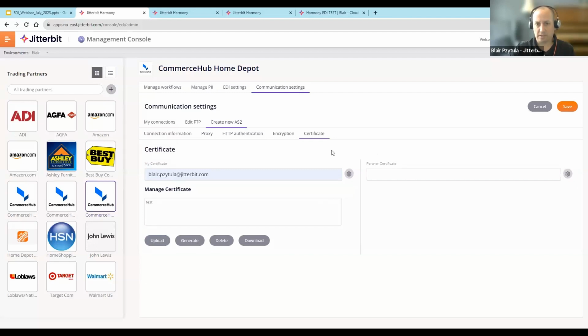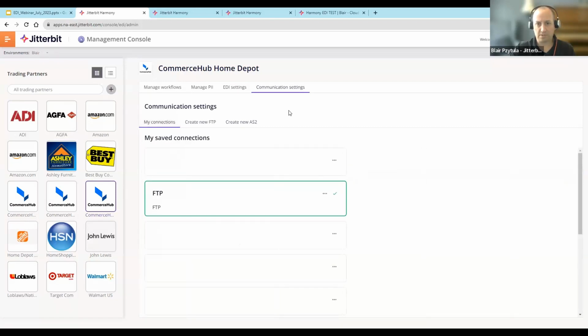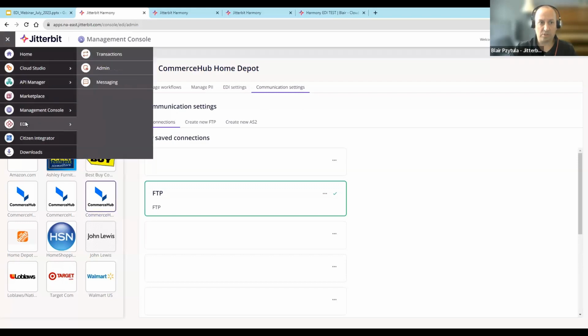So again, this is something that I encourage you to reach out to SME and or AE and set up a demonstration to get some more information and get familiar with the different settings and different configurations. But that's really where you set up the trading partner, the administration of the trading partners, being able to do that initial setup. And then from there, once you have that initial configuration set up, obviously testing would start